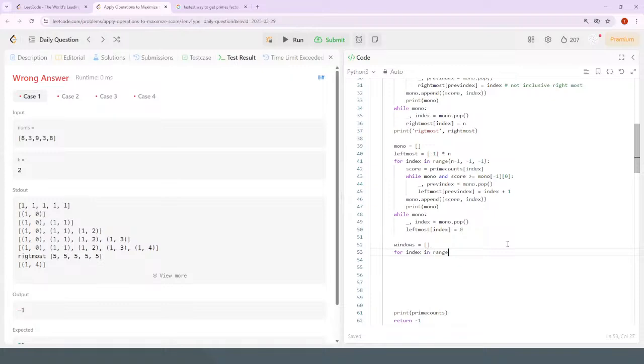For each index in the range of n, the total for this index, so the windows for this index is equal to the rightmost index minus this index